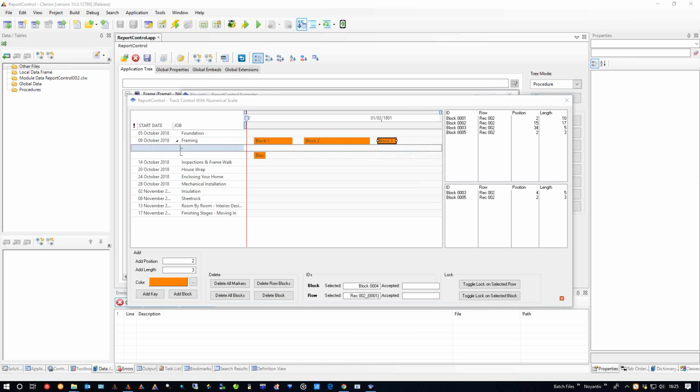What Clarion are you using? What version? I'm converting my programs from C6 to C10. Oh, okay. So all the new stuff is going to be in either C10 or 11. That's fine. That's good. Well, basically,